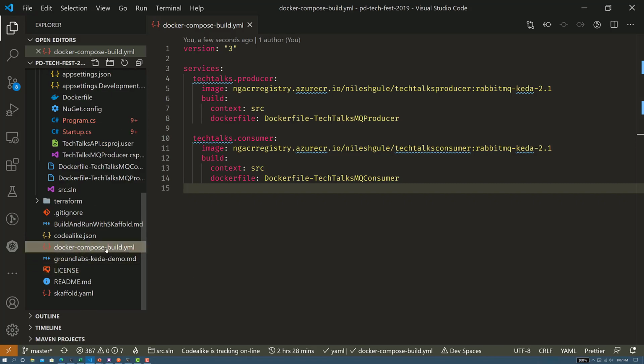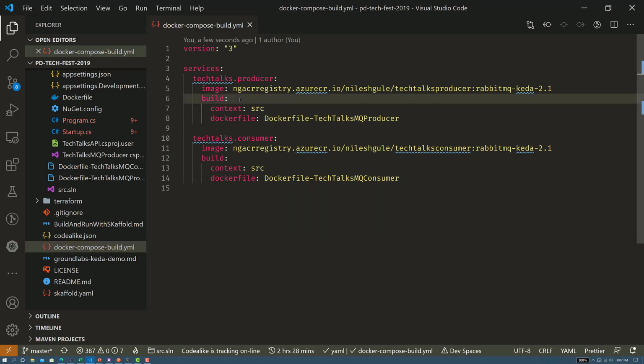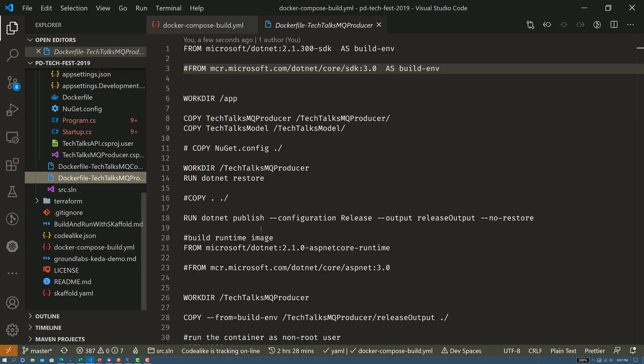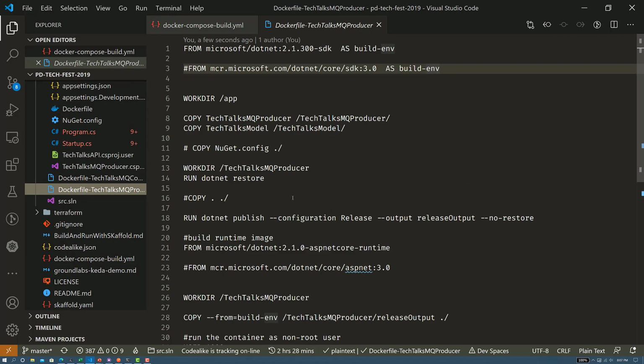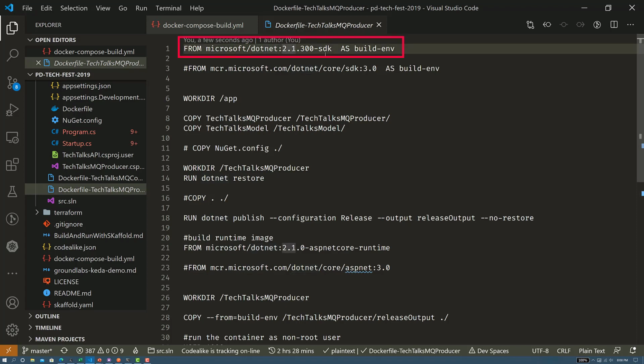So in this repo, I've got a Docker Compose build file, which is building my Docker images for the producer and the consumer. And this looks at the context, which is the Docker file for those individual projects. Let's go and look at the first one, which is producer. So if you look at the first line, which refers to the base image, we are referring to Microsoft .NET image, and the tag for this is 2.1